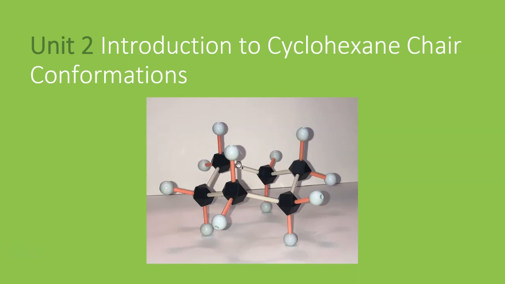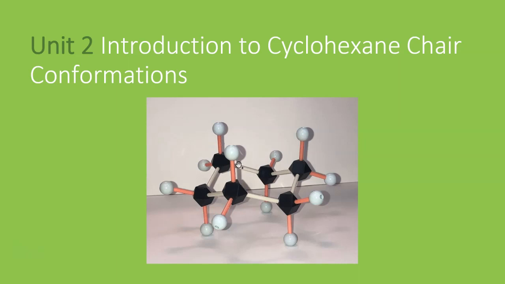Hello. In this video, I want to introduce to you the cyclohexane chair conformation. If you think about cyclohexane, which is a 6-carbon ring molecule, the most stable conformation is not having all of those 6 carbons in the same plane. If you take a look at this picture, you notice that the carbons have this zigzag pattern. Ultimately, when you look at it from the side view, it almost looks like a chair with the back, the butt, and the legs. So I'm going to show you how to draw cyclohexane chair conformations, but first I want